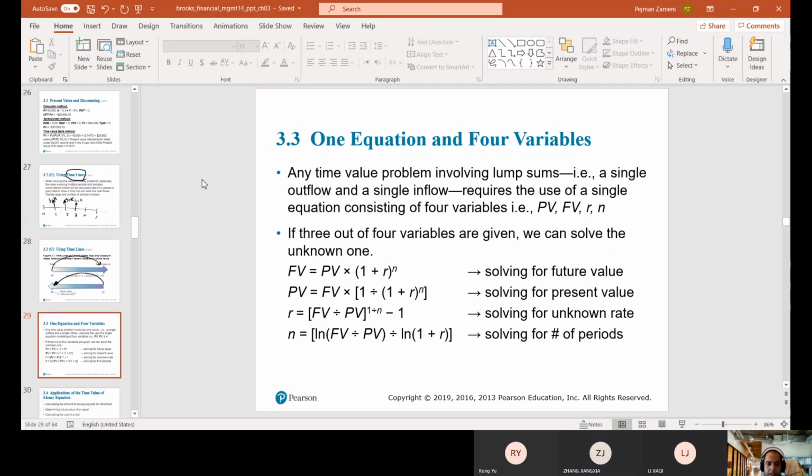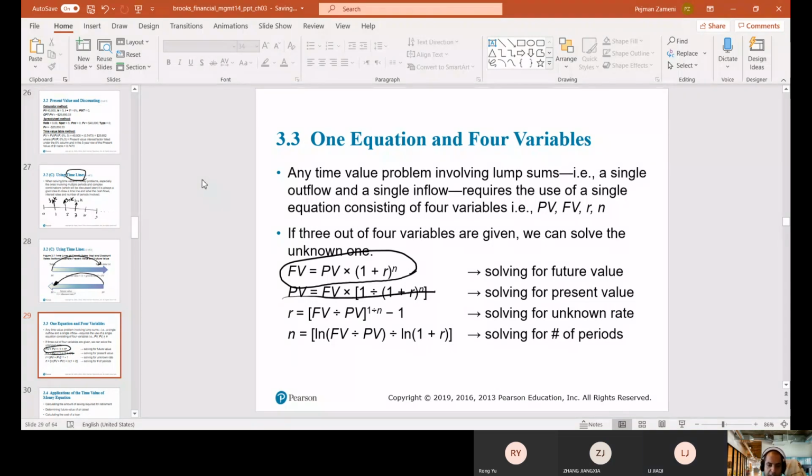Okay, we already have seen this part, that this is the original formula that we have. We have 4 variables in this formula, but it depends. Sometimes 3 variables are given to us. We need to find another variable. For example, for this part C,